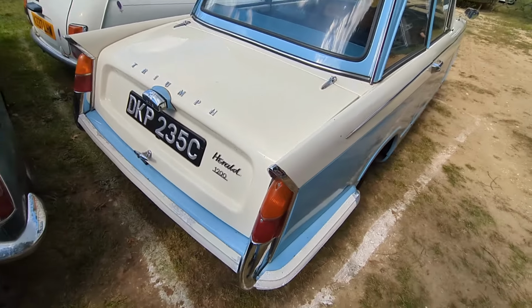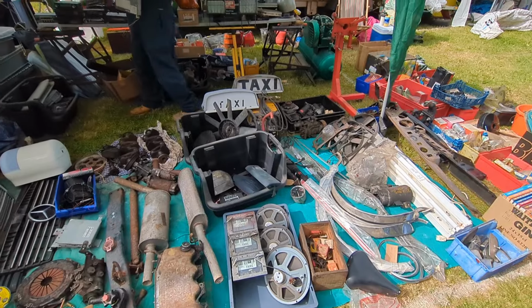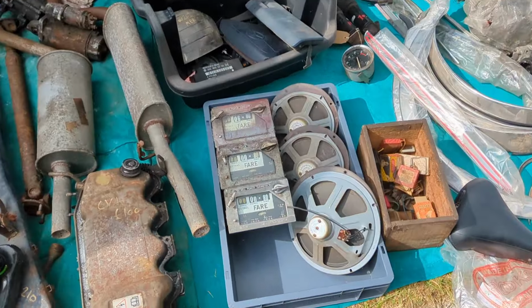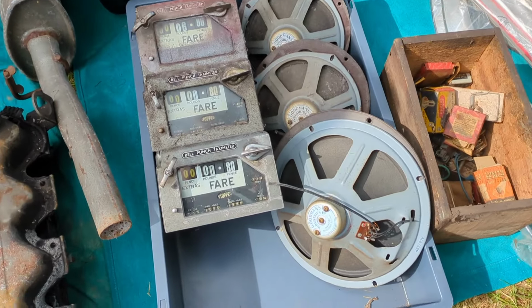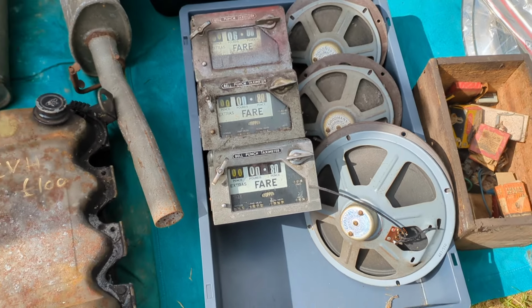Your old age pension is earning. Yes, very nice. Accept that sometimes, don't you? Oh yeah. Can't do anything about it unless you've got it painted, and that's a lot of messing around. Well,